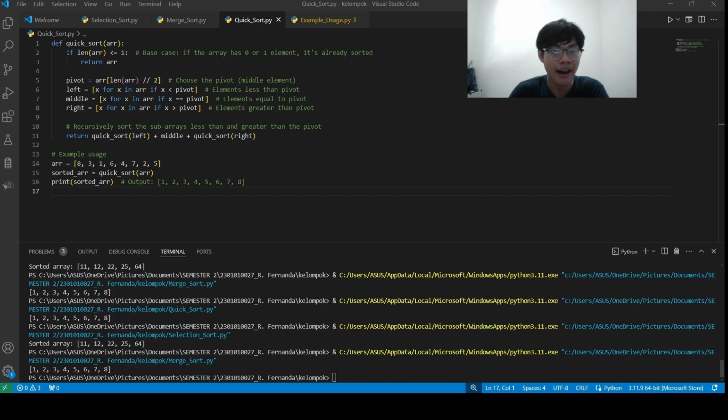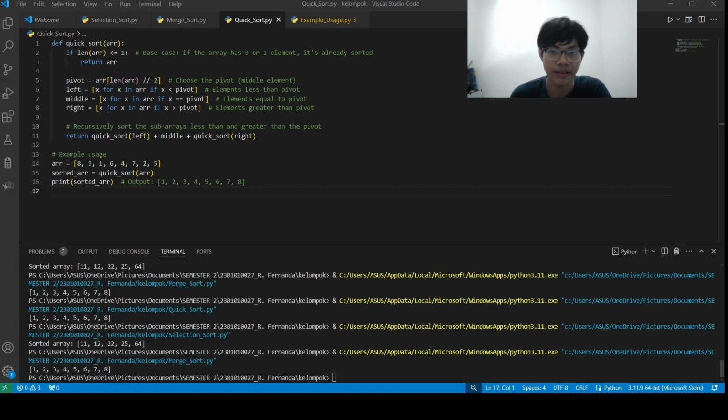And here is an example with numbers. Let's sort this list: 38, 27, 43, 3, 9, 82, and 10. So the first thing we're going to do is to choose the pivot. Let's pick 38 as our pivot. And second is to partition the list.